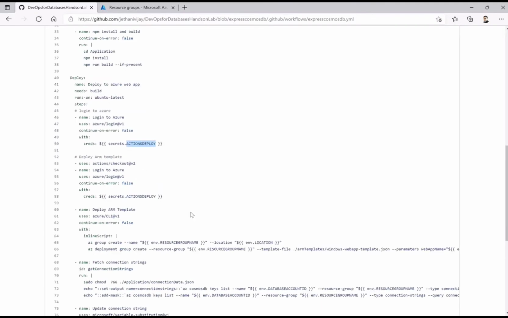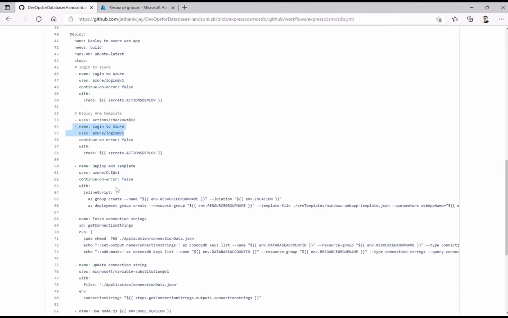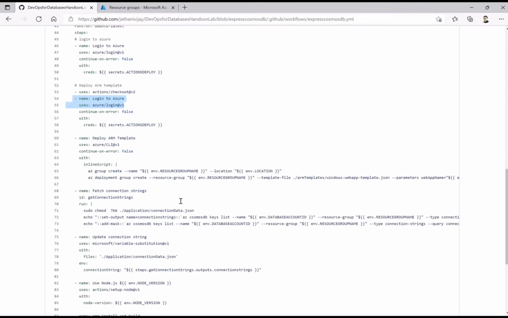Okay, and once I'm logged in to Azure, the next thing for me is to actually deploy those services. The services which I'm deploying here are the website and the Cosmos DB, which are part of this particular template. Okay, so I can show you the template as well. These are part of this web template and the parameter file which I'm trying to deploy on Azure.